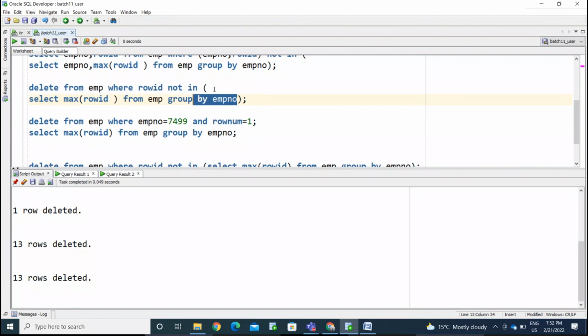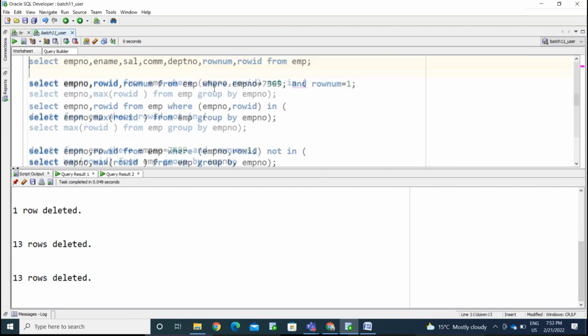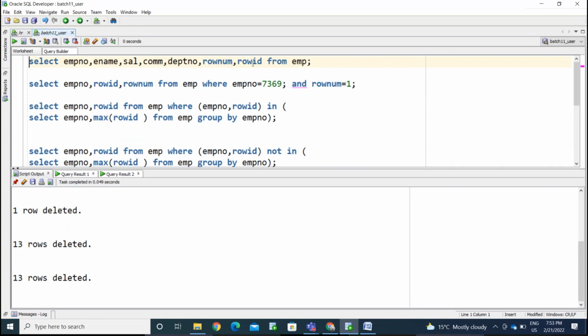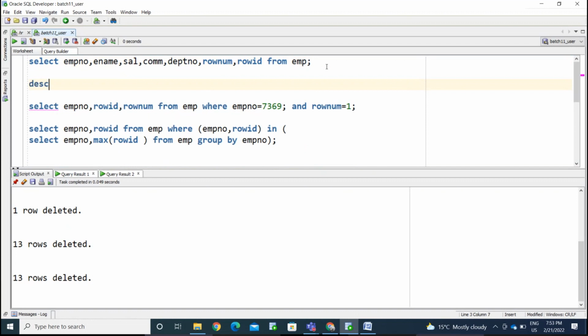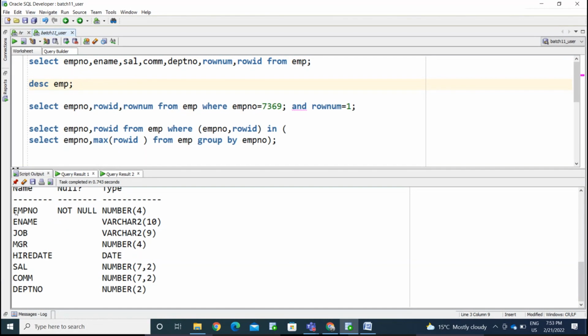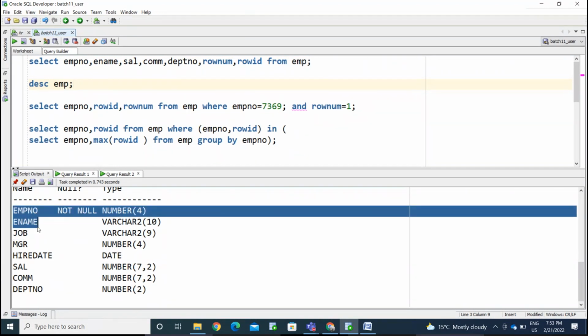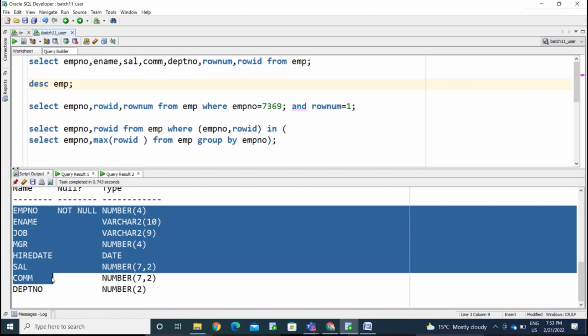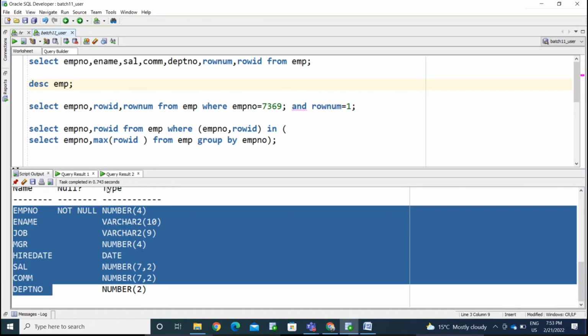Difference between these two: they are pseudo columns. Okay, pseudo columns, not your actual columns. Okay, so here select star from employee, row number, row ID. So describe the employee table here. Describe EMP. You are describing the table. See employee number, employee name, job, manager, hire date, salary, commission, department number, right? So there is no row number column, row ID column in this list, but it is acting like a column